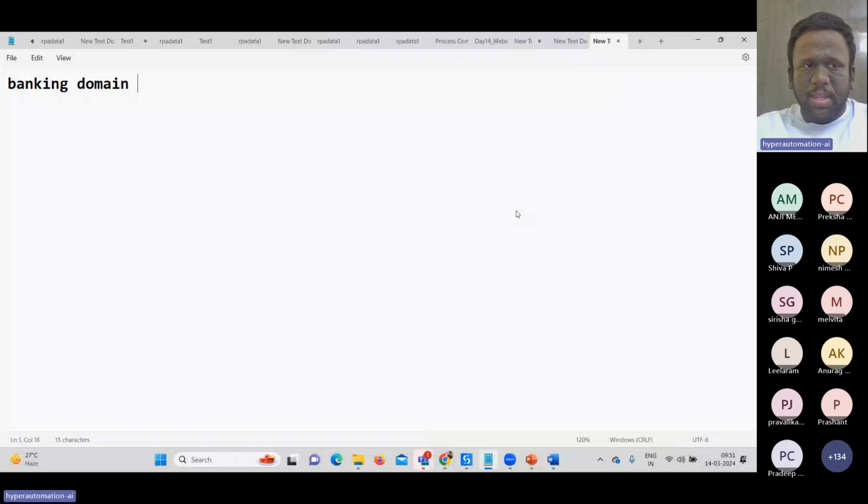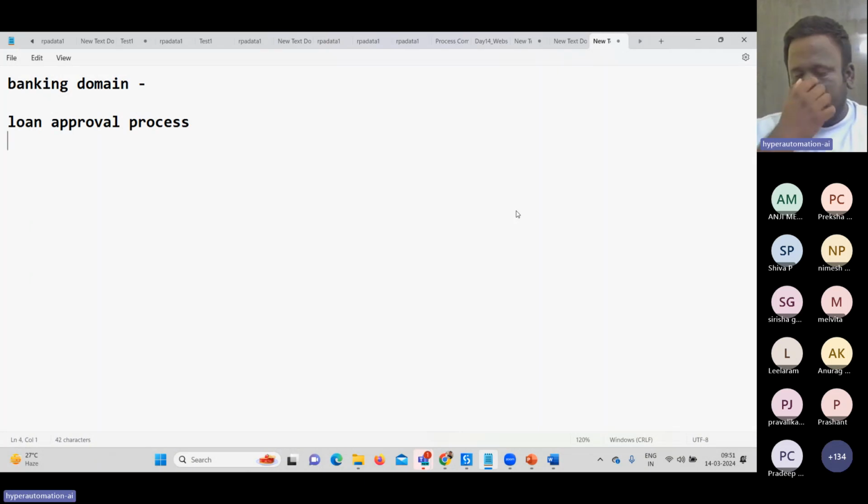In the banking domain, we have something called a loan approval process. Let's try to understand how things happen. Each application, when a person tries to apply for a particular loan, takes around 10 minutes to process at the bank, to make sure whether the person is eligible for that loan or not, by entering all the details in some